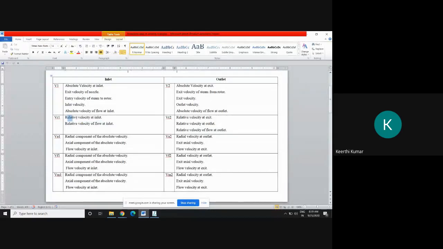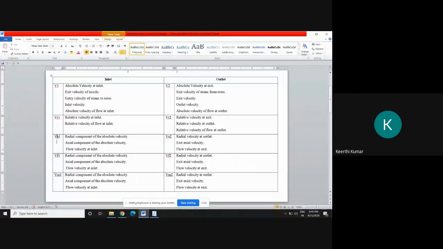VR we can obtain just by extending the blade surface. Whatever may be the blade surface or blade angle, if I extend the blade surface, we are going to get the value that is equal to VR. VA, VF and VM, all these three are similar, but we will denote these three in a different fashion, that is VA1, VF1 and VM1, corresponding to each and every chapter.